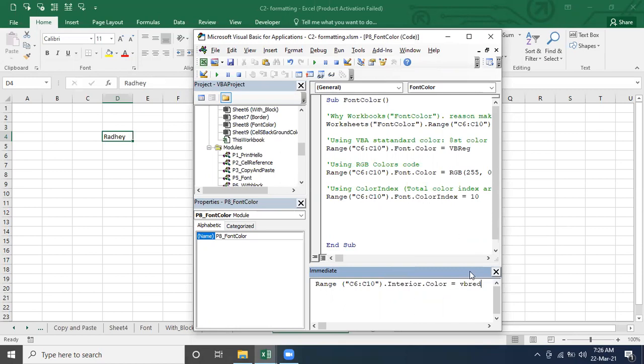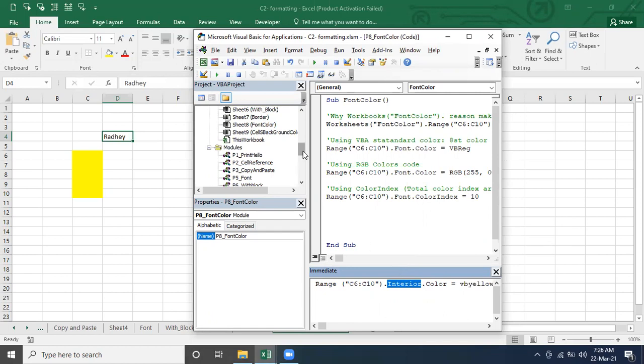It's easy. So C6 to C10, the background color will become red. Again, if I do not vbRed but vbYellow, it's going to make it yellow. Correct or not? So if you are talking about the background color, then you have to use Interior. This is used for the background color.